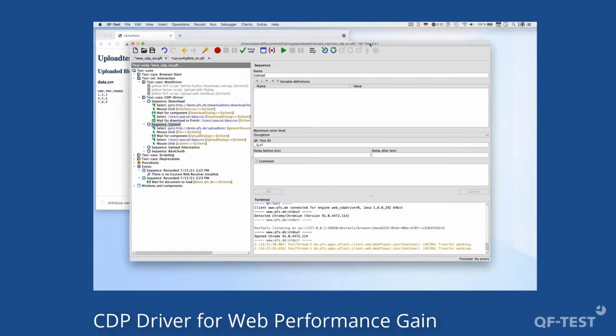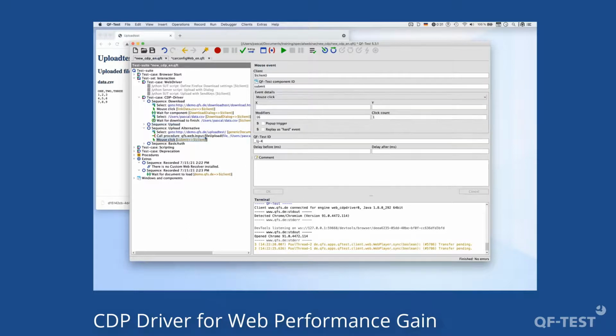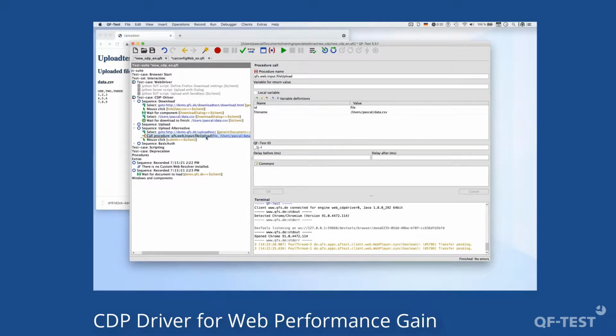And if you said, well, but I still have some Firefoxes in my test, I want to have an upload method which is working fine with both versions, you can use the QFS web input files procedure from the standard library, which is included in all tests by default. And there it switches automatically to this scripting way of uploading files in the background when you don't have a CDP connected or don't have any